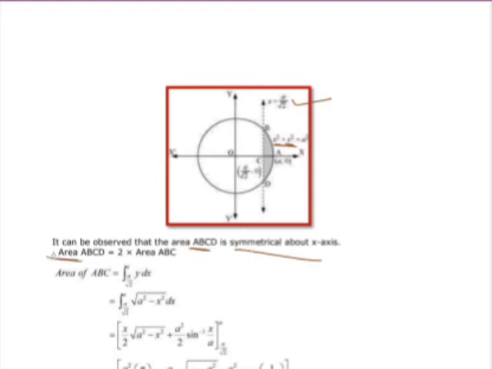So the area ABCD is 2 times the area ABC. This point is a comma 0, and this point is x equals a by root 2. So point C is taken as a by root 2 comma 0. It is on the x-axis, y is 0, right? So now 2 times the area ABC. The area of ABC is the integral from a by root 2 to a of